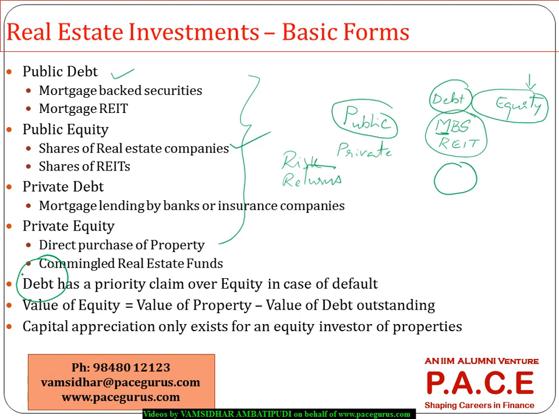So if I have lent, or if I have invested in mortgage-backed securities, where the investment is in the form of debt, whether private or public, then in case the borrower defaults, the debt investors are the ones who get priority in the claim. So that is one advantage, which means the equity investors are going to get only the residual of